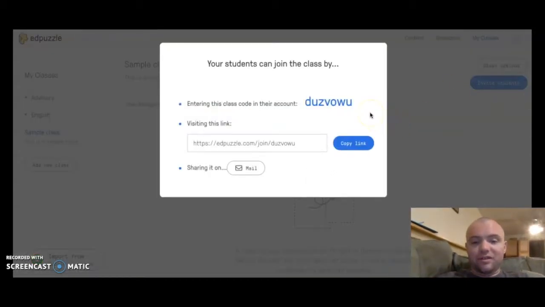And once the students have gone to edpuzzle.com and hit sign in, they sign in as either a teacher or a student. Obviously, they are students. I have them sign in with Google, so to speak, and it opens up a new window and they click on their school account and then they're in, and then it asks them to enter a class code. So I would just put this class code up on the board,